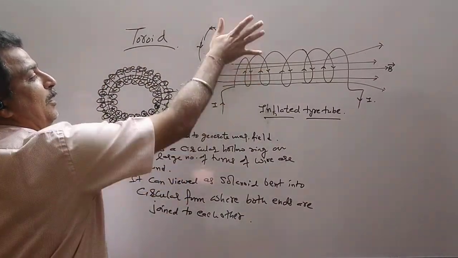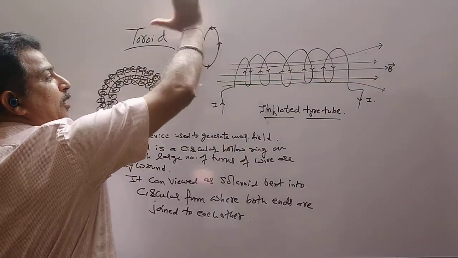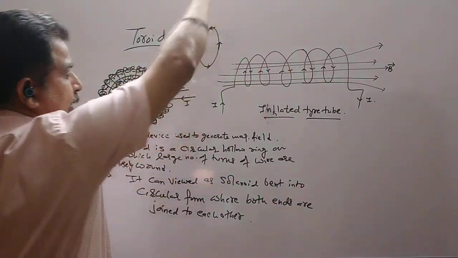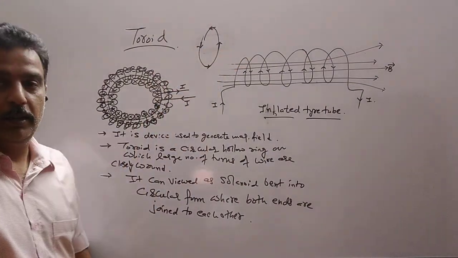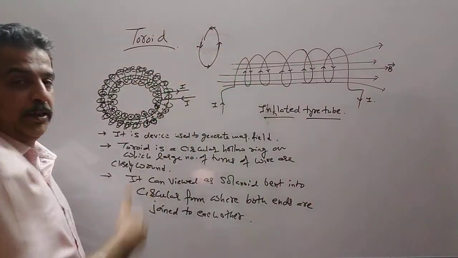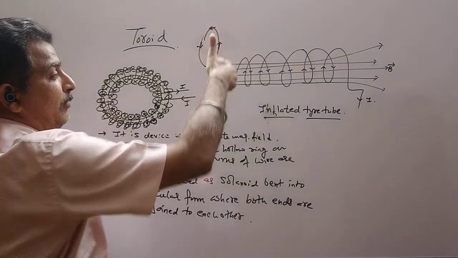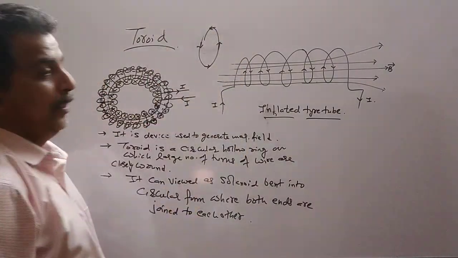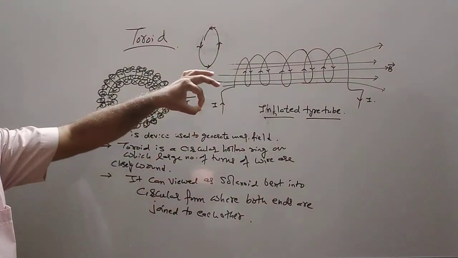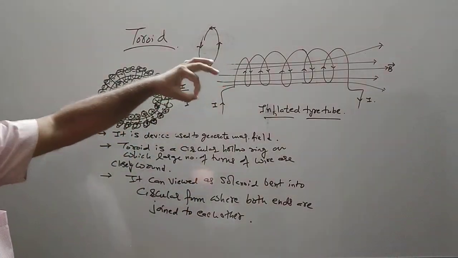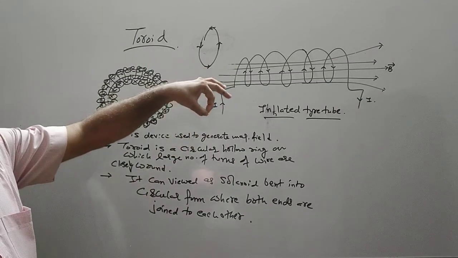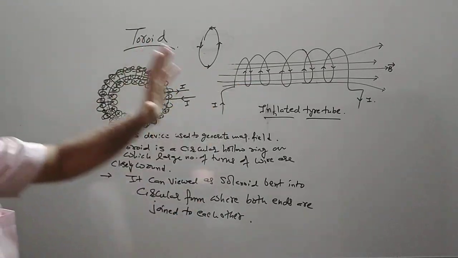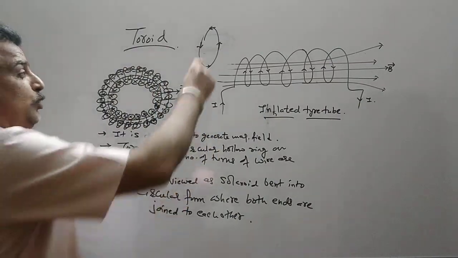For this part, current is going up. For this part, current is going to this side. For this part, current is going downward, and for this, it is going to this side. In all the cases, if I apply the thumb rule, the magnetic field will come outward if the ring is kept like this. We have kept the loop in the YZ plane in our theory, and therefore the magnetic field along the axis is along the x-axis. So this is one ring.